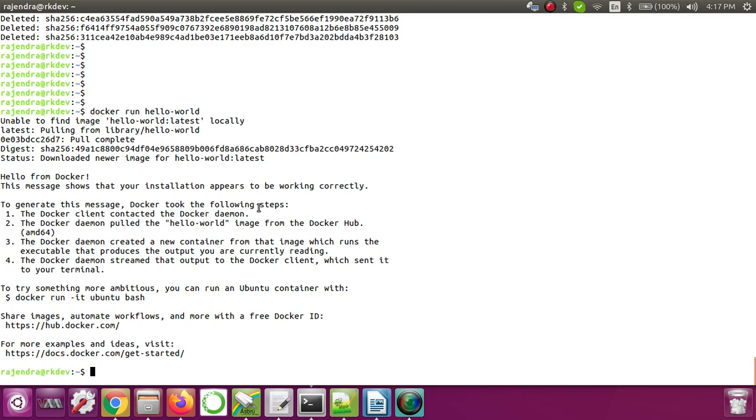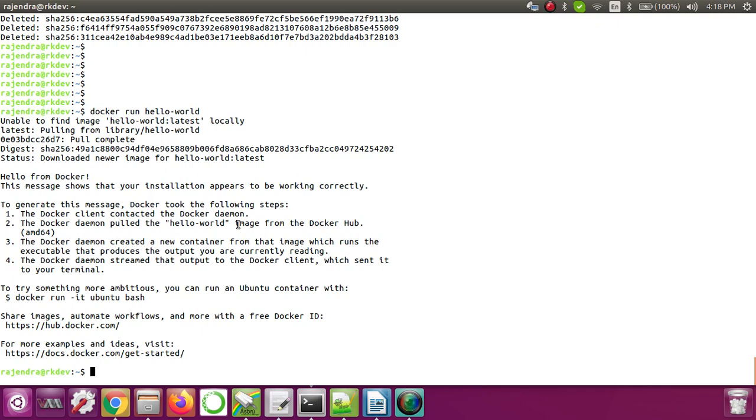If you want to see how Docker works internally: the Docker client contacted the Docker daemon. This CLI is nothing but the Docker client. It will contact the Docker daemon. Then the Docker daemon pulled the hello-world image from Docker Hub. Then the Docker daemon created a new container from that image, which runs the executable that produces the output you are currently reading.